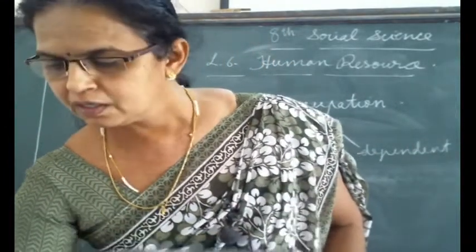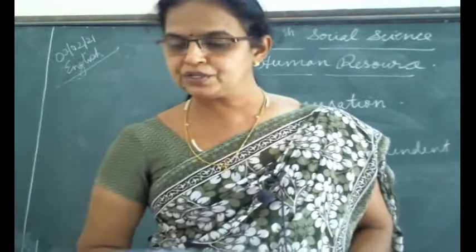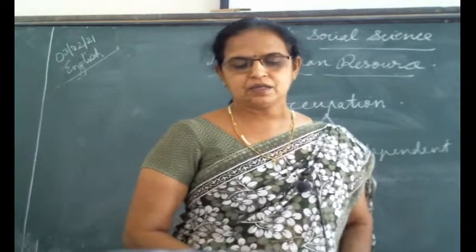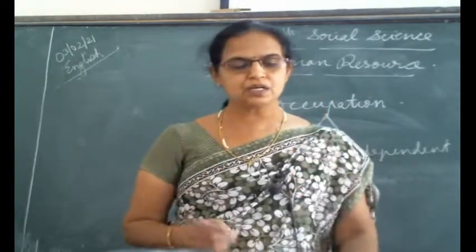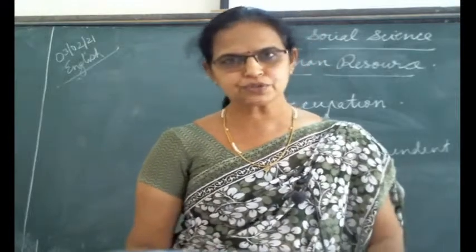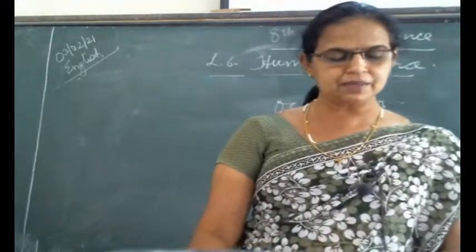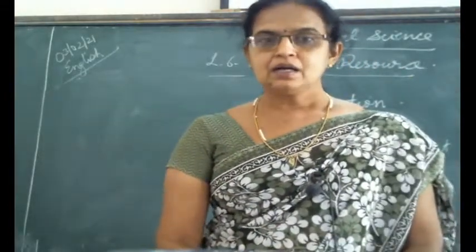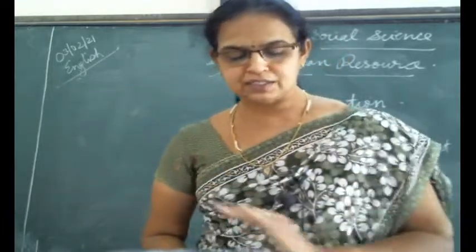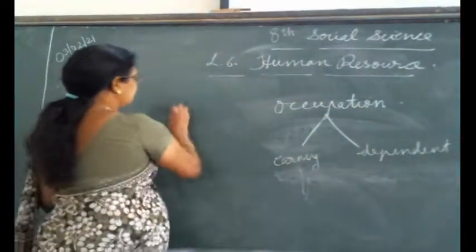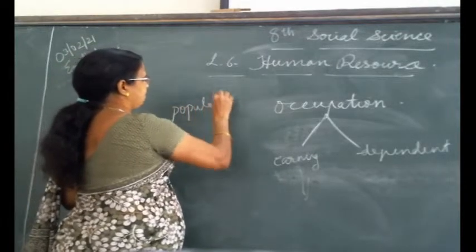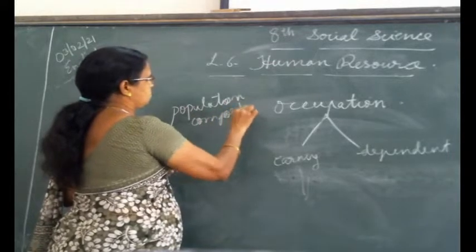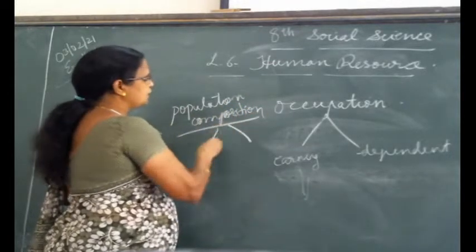Okay. Next one, changes in the population composition. Now what is population composition? Let us see. Changes in the population composition are of two types. On page number 46, we have completed the classification of the total population into various categories, and in that population composition, what are the changes? Population composition changes are of two types. Which are the two types here?